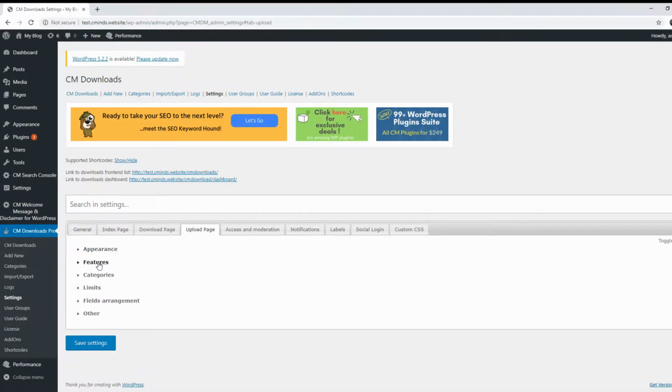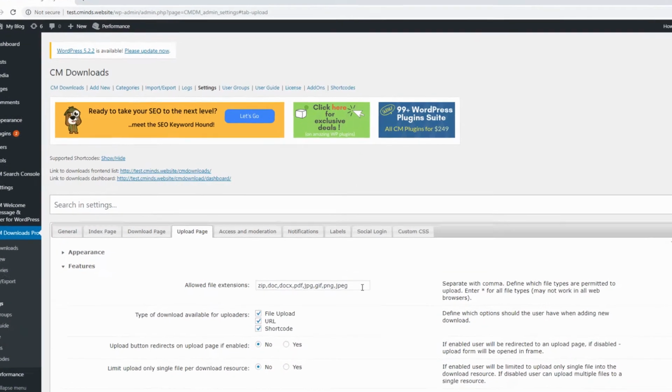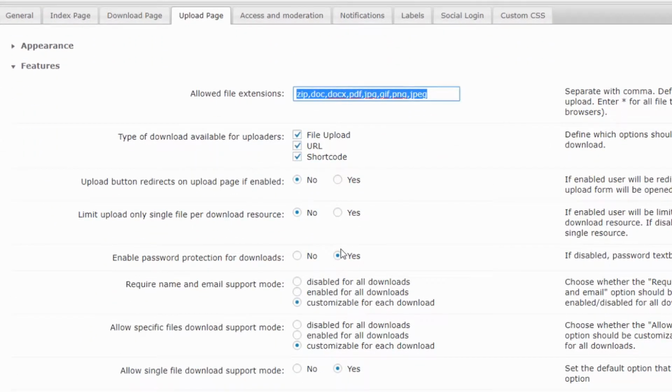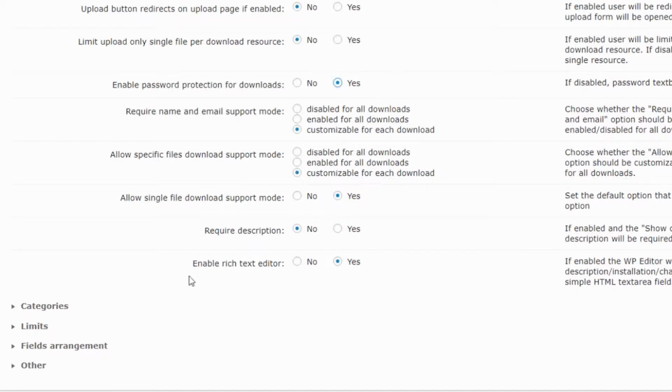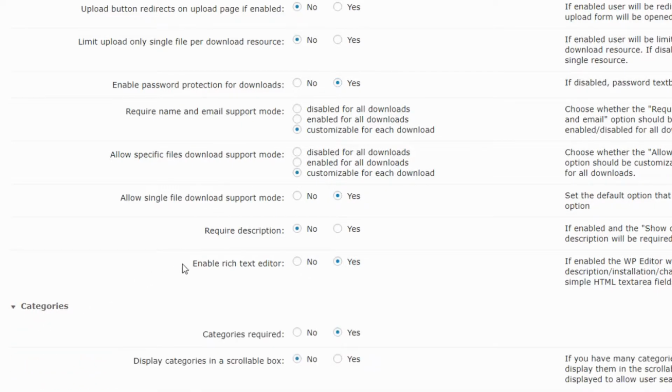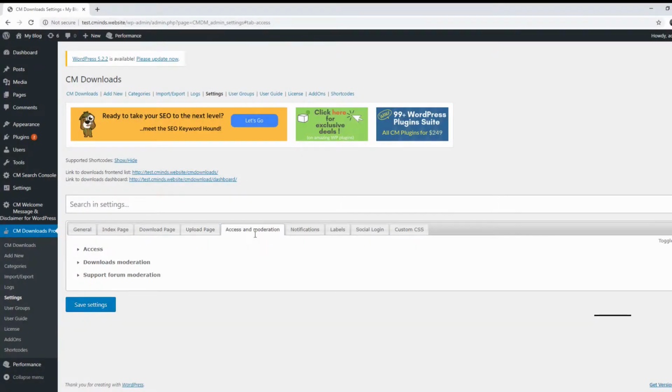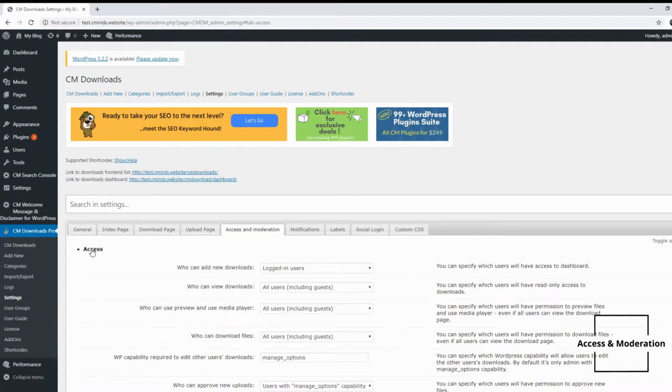Just below is Features. This is an important tab because it controls which file extensions are allowed, if downloads can be password protected, and other specifications that control operations. Below that are settings for categories, limits, and field arrangements that I recommend checking out. A tab over is the Access and Moderation settings. Under the Access menu, moderators can determine which users have permission to add new downloads, view downloads, preview downloads, and